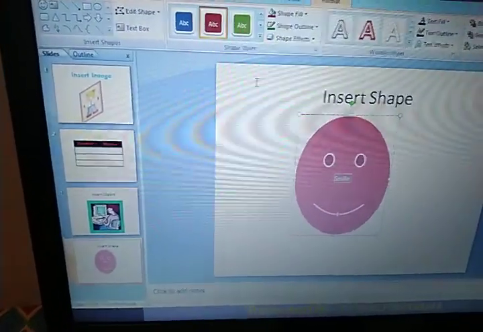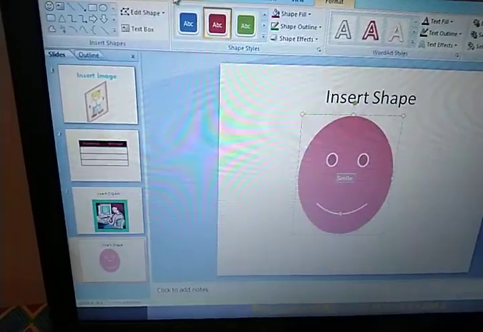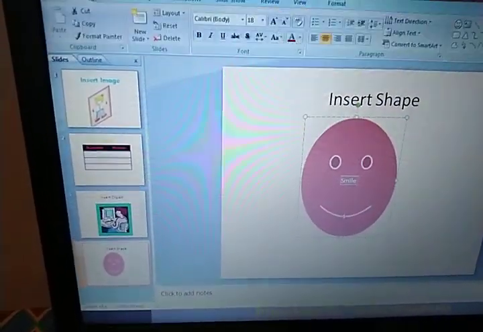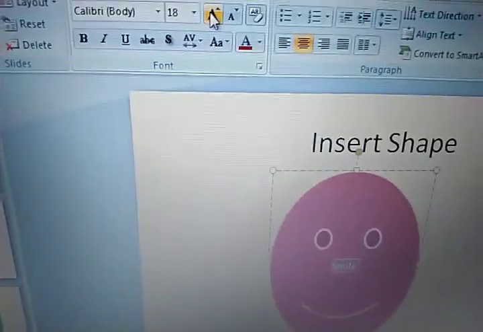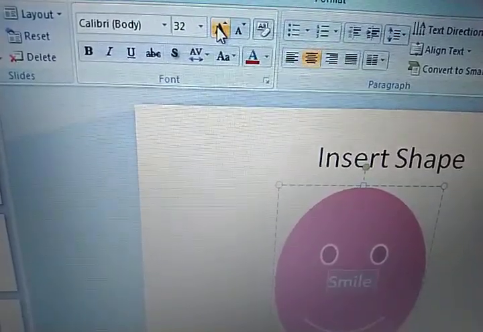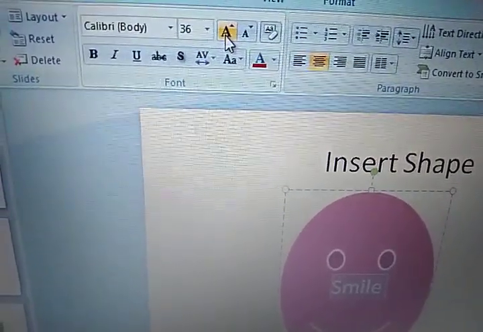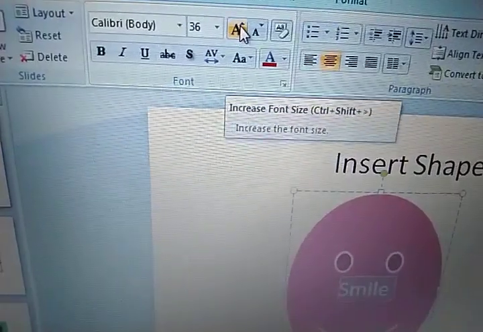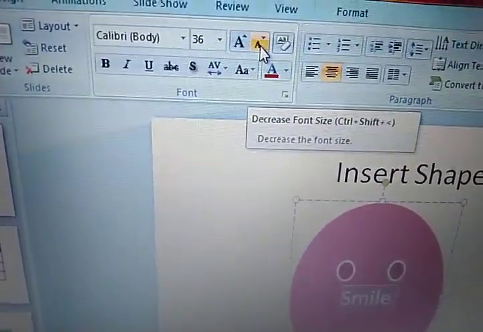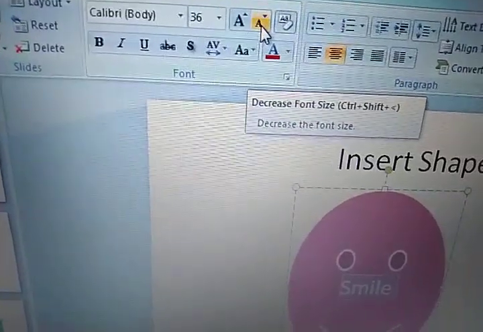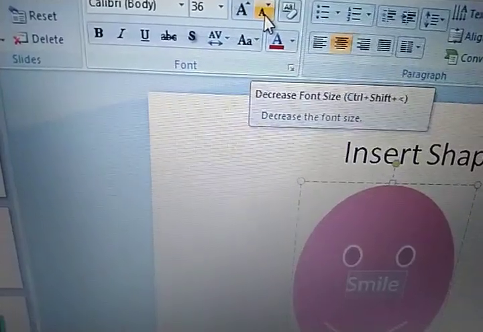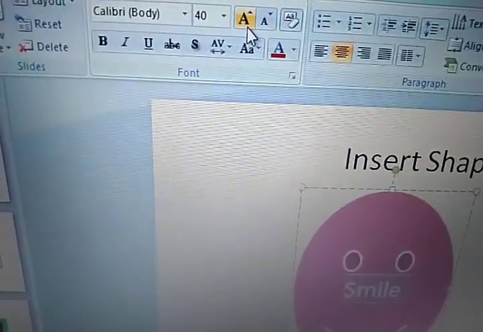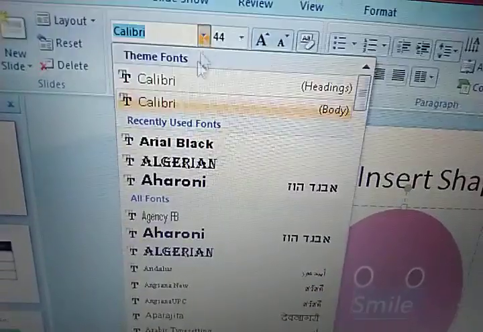Fine. Now same thing, what I want to do, I want to increase the size. From the Home tab, again you can choose the style from here, and you can also increase or decrease the size from this option. This option is for increasing the size and this is for decreasing the size. Some shortcuts are also there: Control Shift greater than sign and Control Shift less than sign for decreasing the size. Right now I just want to increase it that much only, so I can give the formatting also.